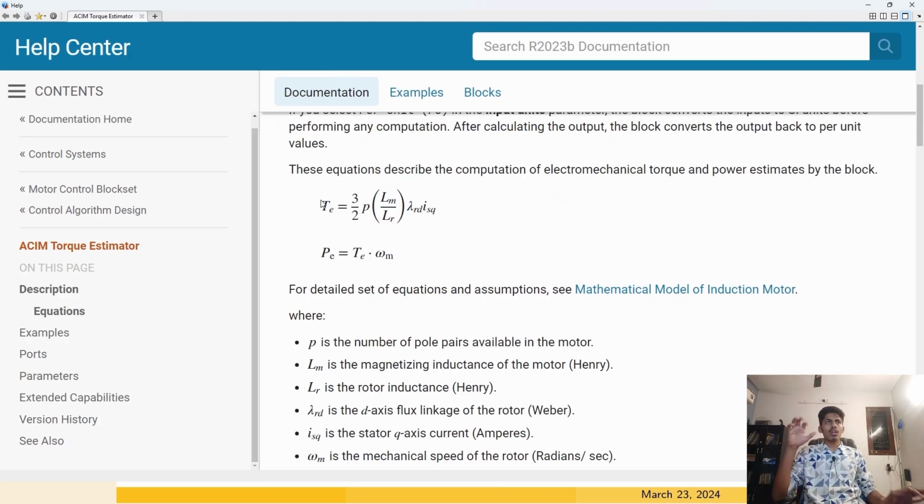So in the rotor we are producing this much electrical torque, but there are some losses, the friction loss and the windage loss, all that is subtracted. So after that the mechanical torque is what we are getting. So this electrical torque, which is actually produced internally in the machine, in the rotor before any losses, is 3 by 2 times pole times magnetizing inductance by rotor inductance into flux linkage of the rotor direct axis and stator's